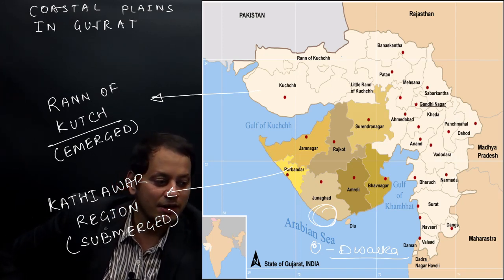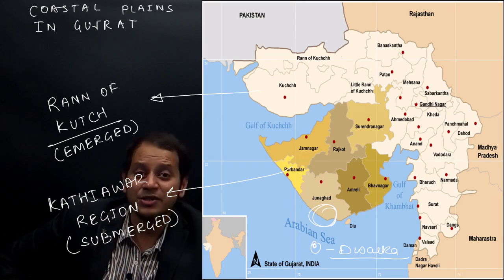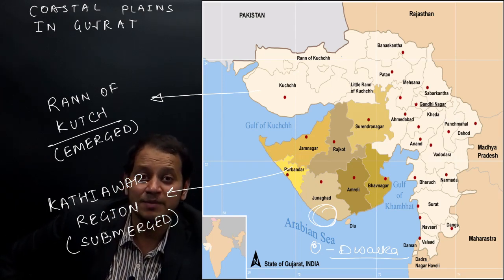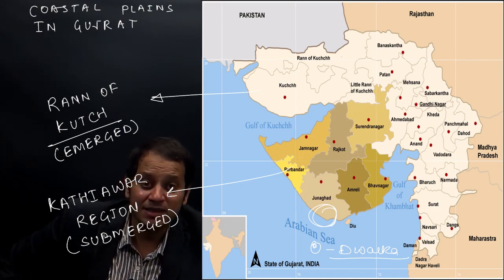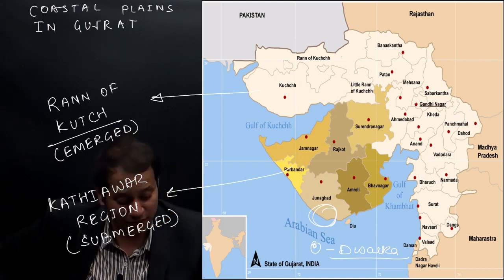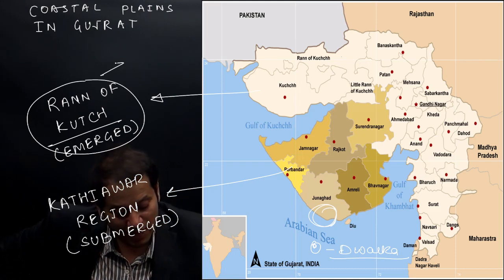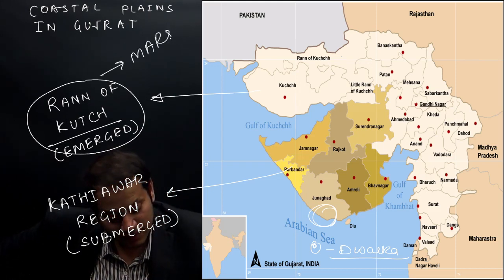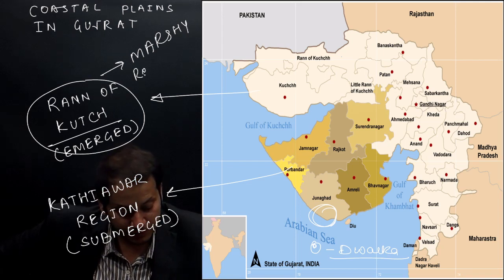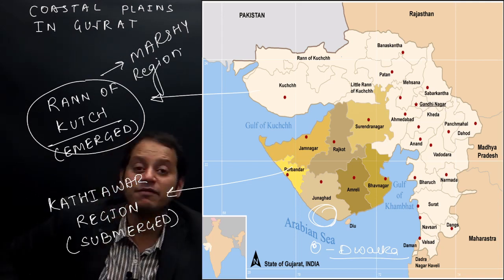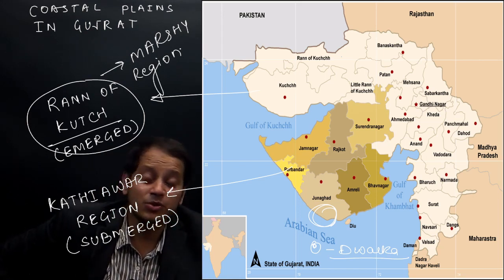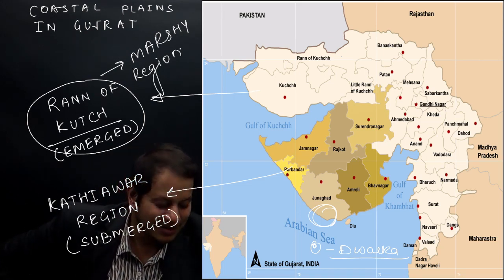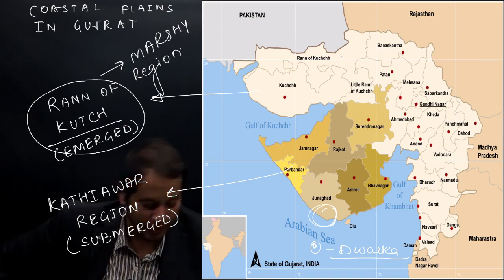Now, the rivers which originated, river Indus and its tributaries, brought such a large amount of sediments that it filled up this land and the sea here with sediments, resulting in the formation of the Rann of Kutch, and therefore the Rann of Kutch is a marshy region filled up by the sediments. Now let us first study the Rann of Kutch, uska map pointing, then we'll study the Kathiawar region, some of the map pointings in there.